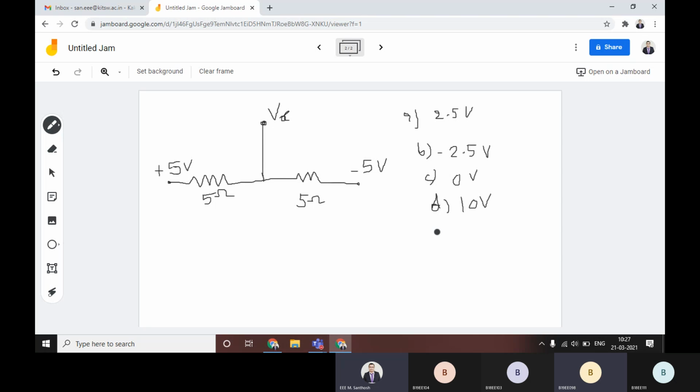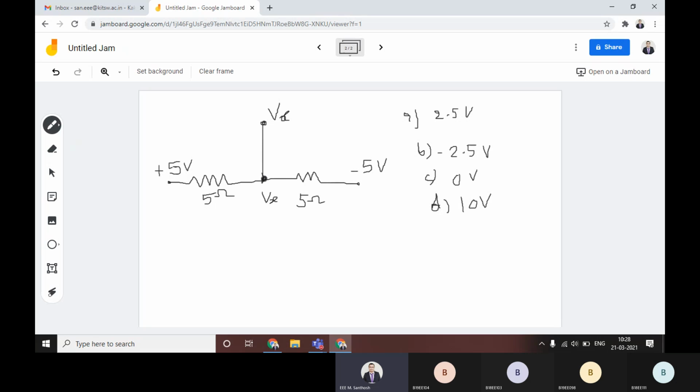That means there is no other element, so this node and the Vx node are both the same, right? Yes, sir. This is also Vx only. And the voltage difference at that point will be 0. Okay, that way also you can solve. Very good. Your understanding is correct, exactly.